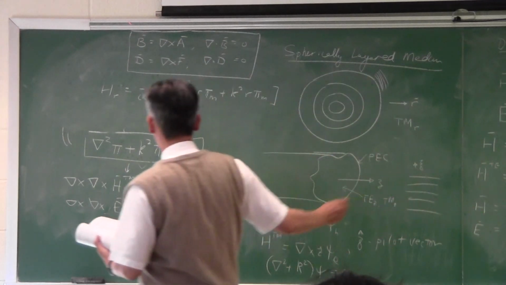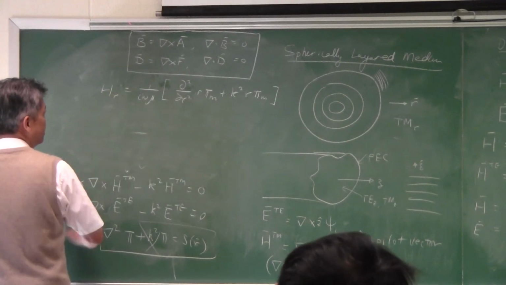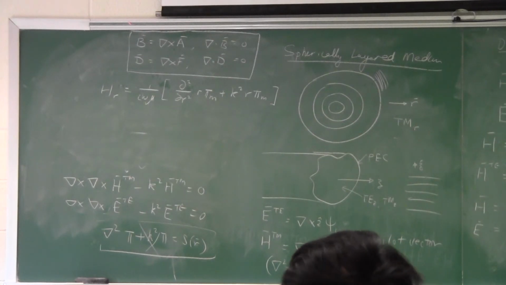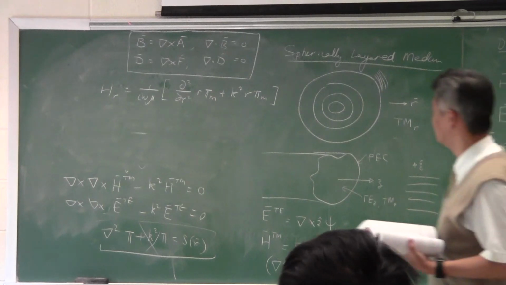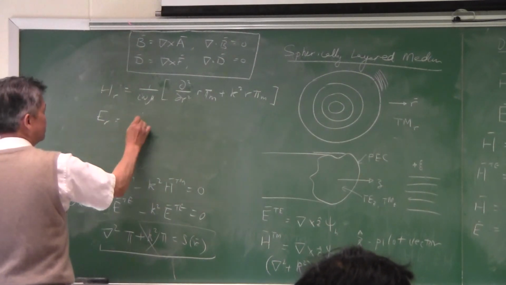Okay, I have a mistake that I need to sort out over there. It's not canceling. But what I'm trying to show is that this partial square partial r square gives me that, and then it's finally equal to the total sum of this over there. Okay? And then ER is equal to